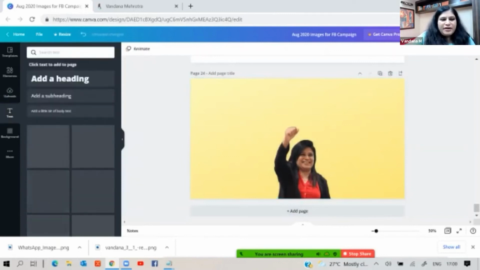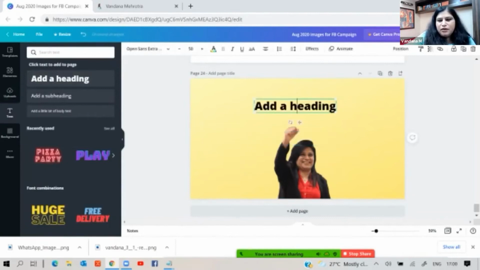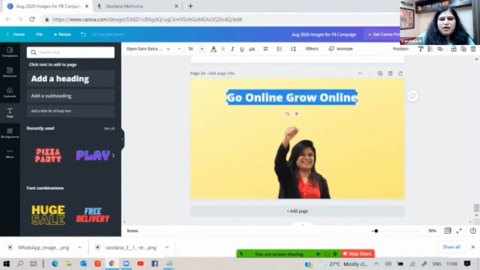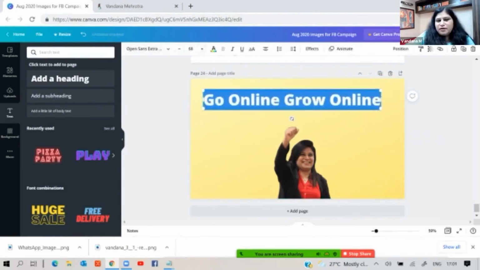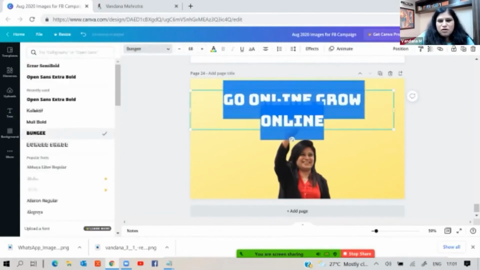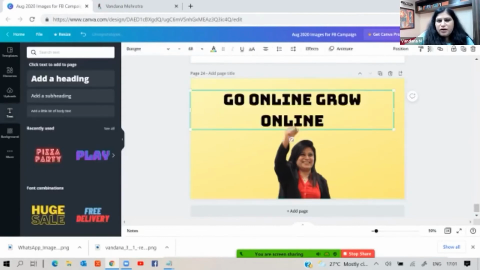Now we want to put some good text here, so we can add a heading. It gives us an option to choose the heading, and then you can play with the font, color and theme, right? It is Go Online, Grow Online, or whatever is my topic. Now I like this font, but if I want to change the color or reduce or increase the size, you have this here, top right. And if I want a different font size, let me see how this looks. Okay, this font, how does it look? Now I want it in one line, so I will have to reduce the size.